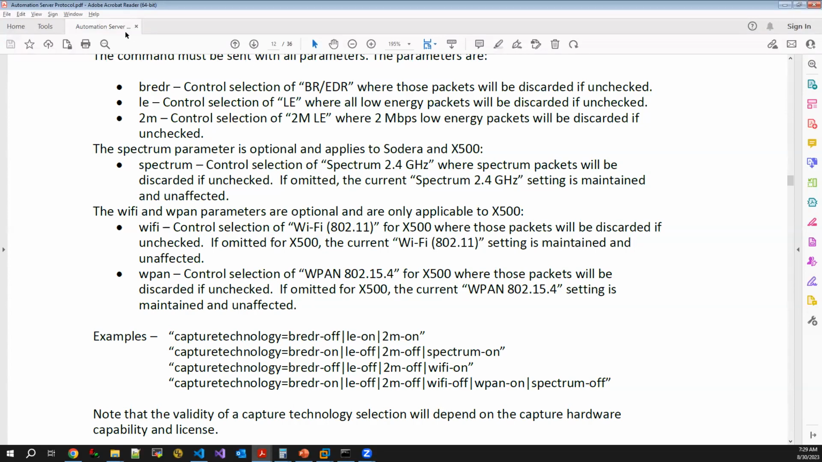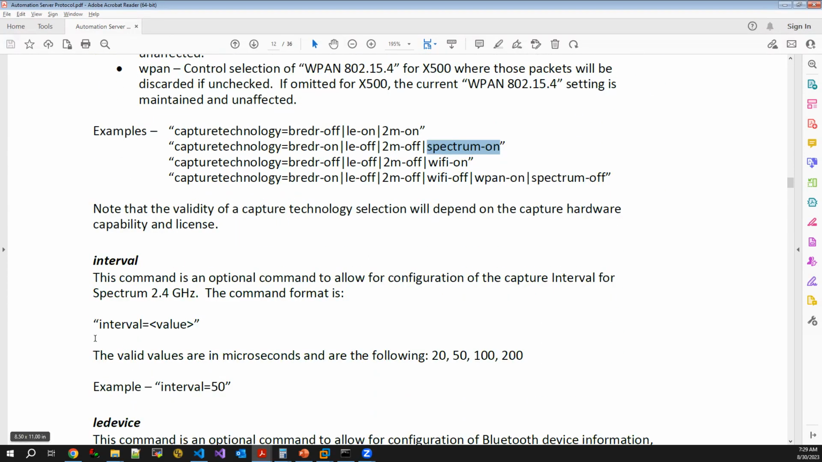with Spectrum, if you look at our automation server protocol manual that is included with the Wireless Protocol Suite installation, we have a section on what you want to send for a command. It's basically to send a Spectrum on command when doing the capture. And then you can also set the interval of what your spectrum snapshots are. So for capturing the environment, do you want to do that in 20 microseconds or 200 microseconds, depending on your